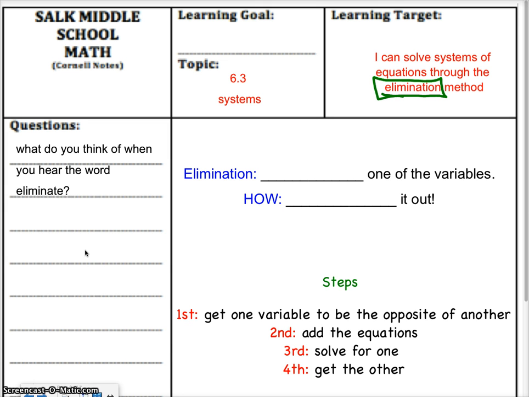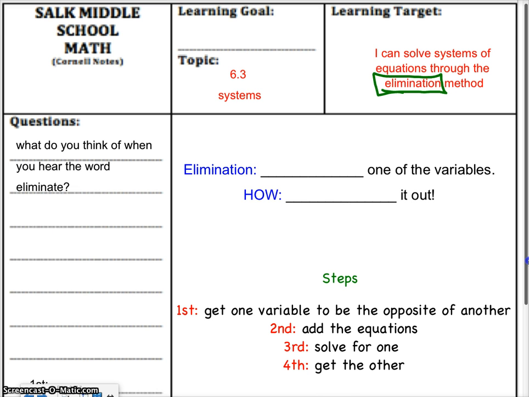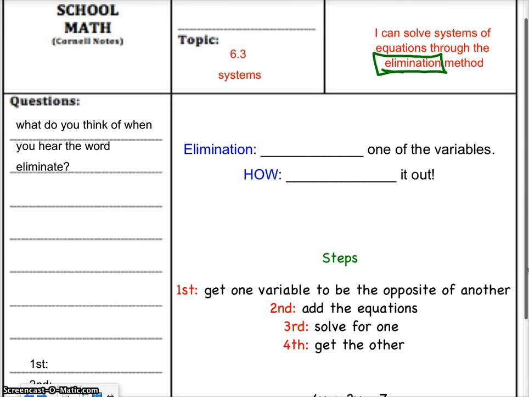Now, there's three ways to solve a system. Graph it, substitute, or eliminate. Three different ways to do it. So, eliminate means get rid of. Like if I eliminate a problem, I'm getting rid of it. If I eliminate ants in my house, I'm trying to get rid of the ants. So it's get rid